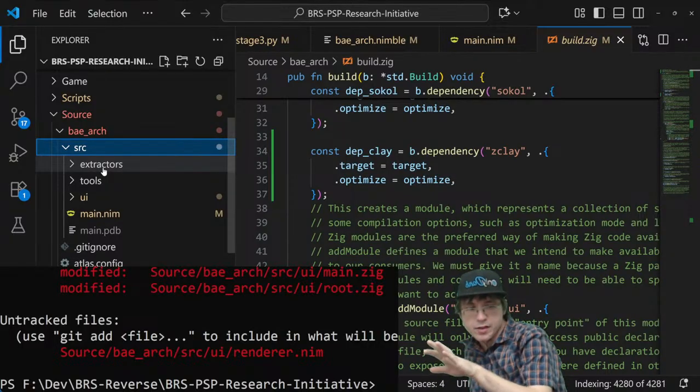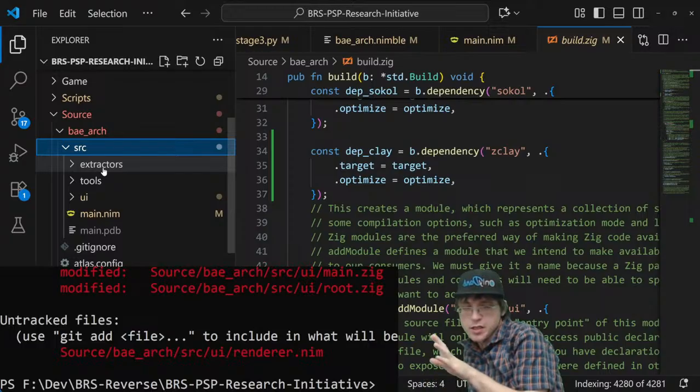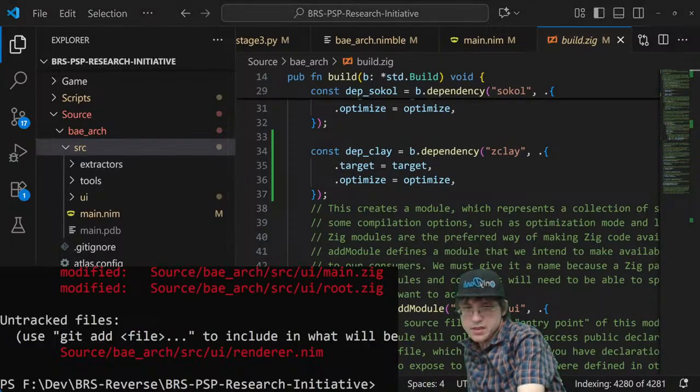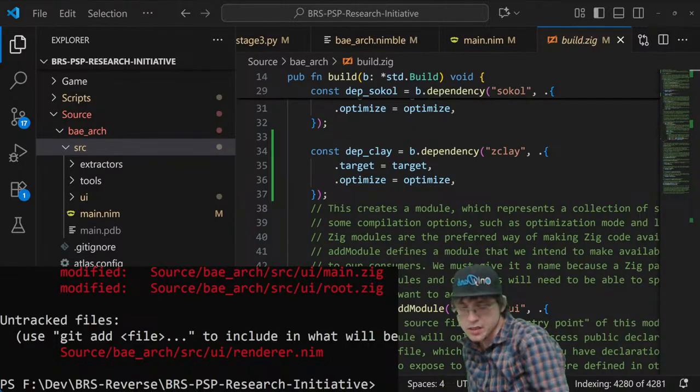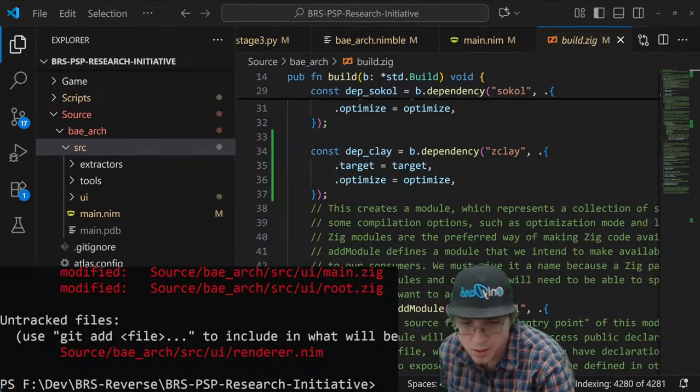Hard code the Bayarc directory. Bayarc is what I'm going to call the tooling I'm making.